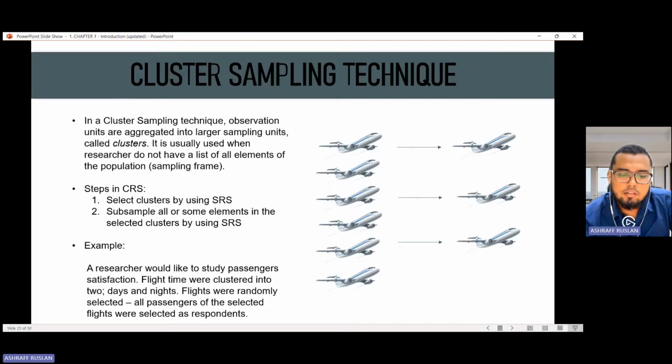Okay, so maybe juga dia nak buat cluster customer satisfaction based on long haul or short haul flight. Long haul ni maksudnya flight yang perjalanan jauh lah. Short haul ni yang pendek-pendek. Okay. So dia boleh juga bahagikan cluster sebegitu, tetapi once dia ambil flight secara random di dalam cluster tadi, contohnya cluster malam, dia ambil satu flight, maybe flight pergi ke Kota Kinabalu.